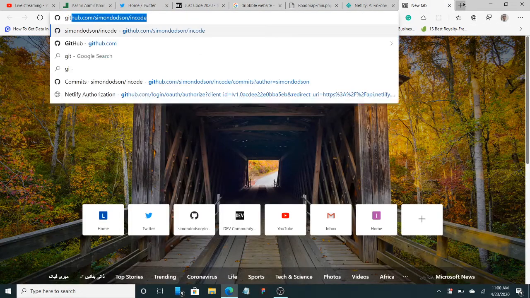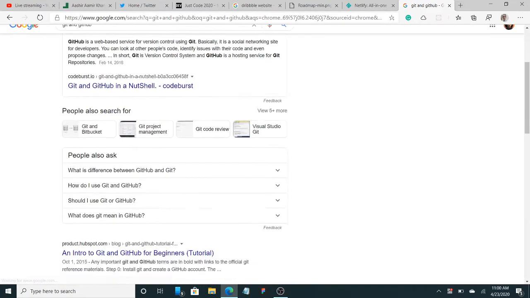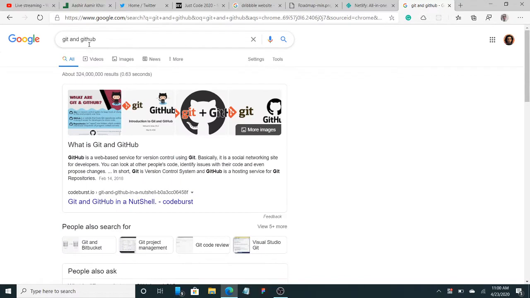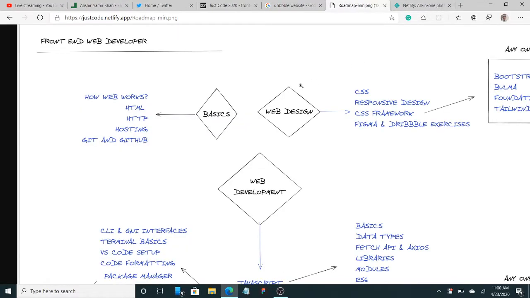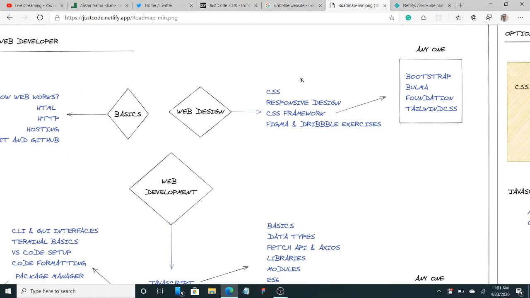And we'll learn Git and GitHub. That's the most important part that most people skip and then they get overwhelmed later. So we'll learn Git and GitHub at the very first step, and then the basics are done. You will get comfortable with CLIs, searching, problems and file extensions. That's all. And then we'll move to the web design part. After completing this, you will become a web designer. It's another field.